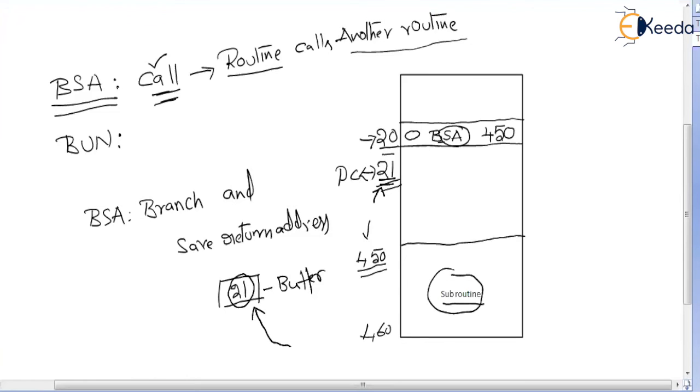Okay, now try to understand where to save the program counter value. This is an important thing to understand, where to save our program counter value whenever you are making a branch instruction. Okay, I told you a buffer, but what is this buffer? Exactly what is it? Okay, which provision does the computer provide to store the program counter value? Okay, we're going to understand about it, where we are going to save the program counter value, in the next session.